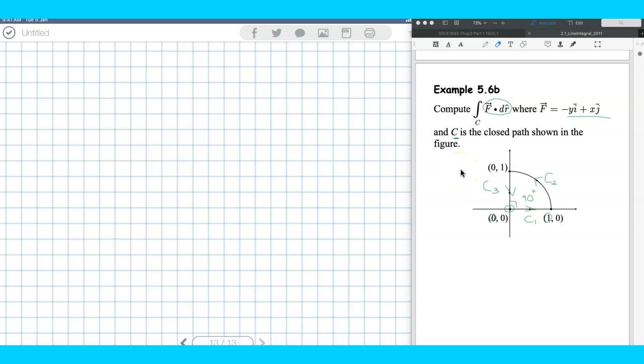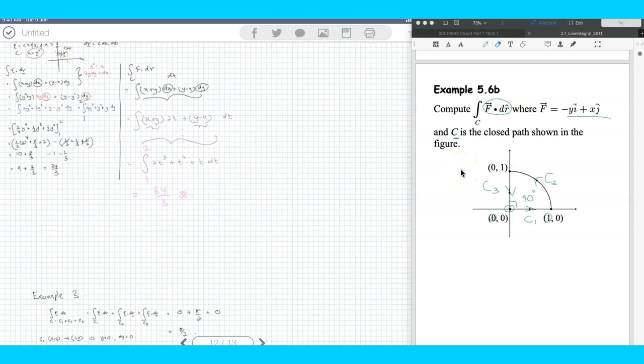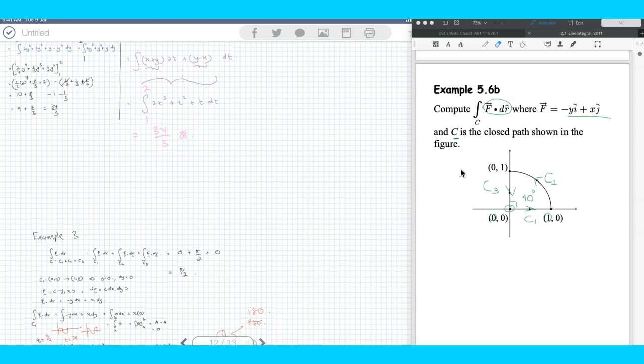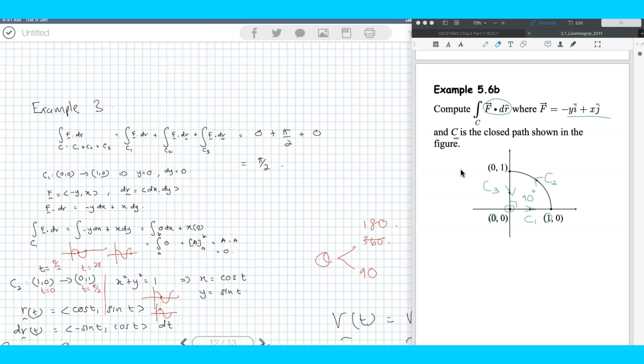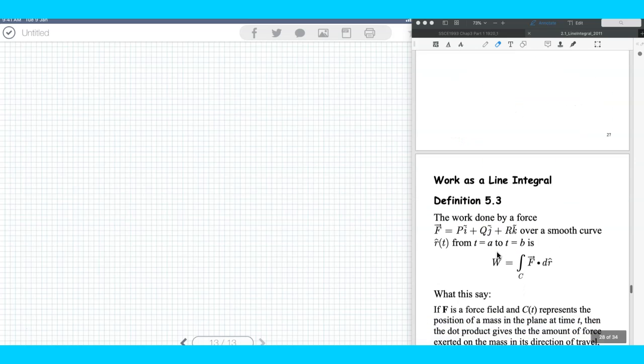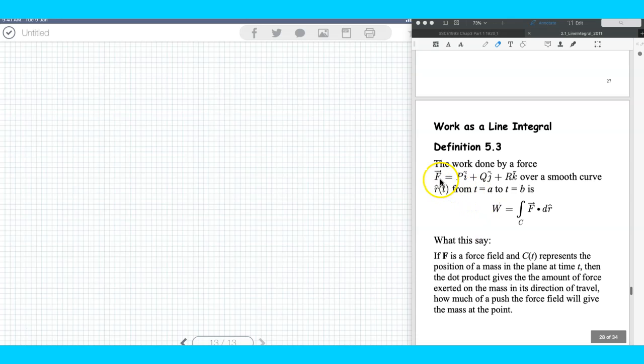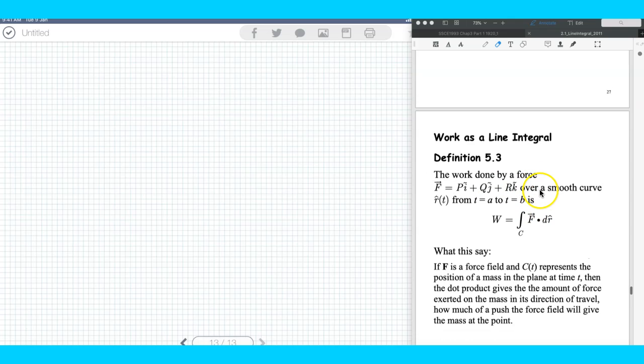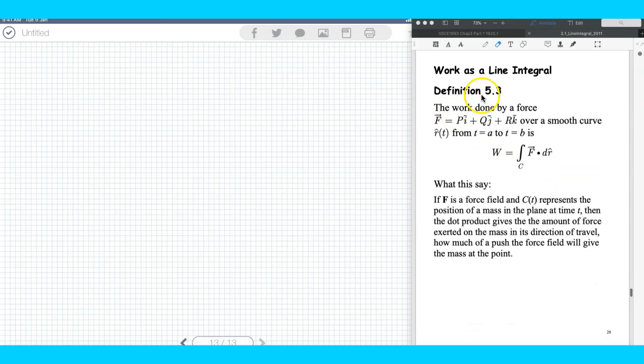Okay, so we look at an example on the line integral for a vector function. As I mentioned before, one of the applications of the line integral for a vector function is to compute the work done if the given vector function is considered as a force field. In general, the work done is a line integral